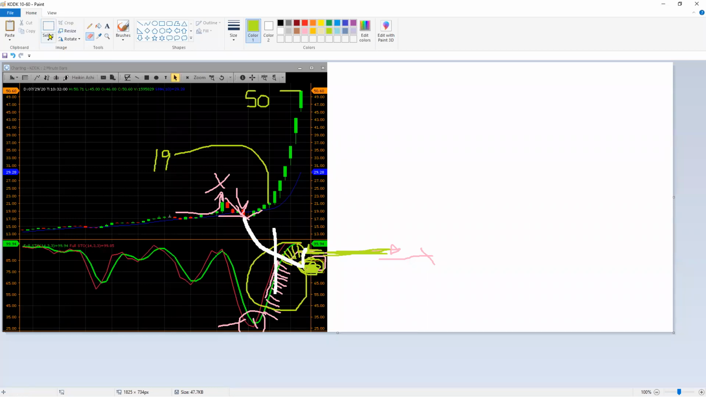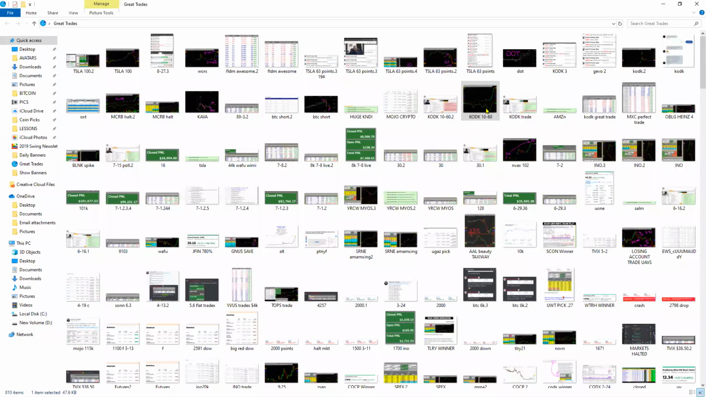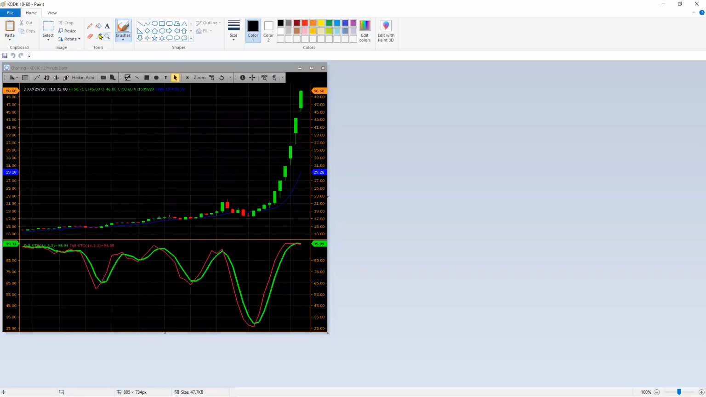Hold on a second. Everything that you do here on the bottom